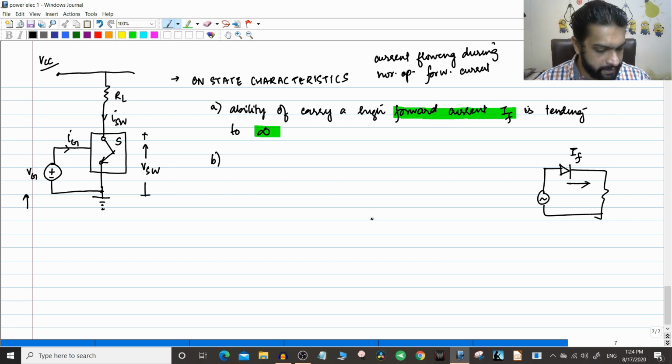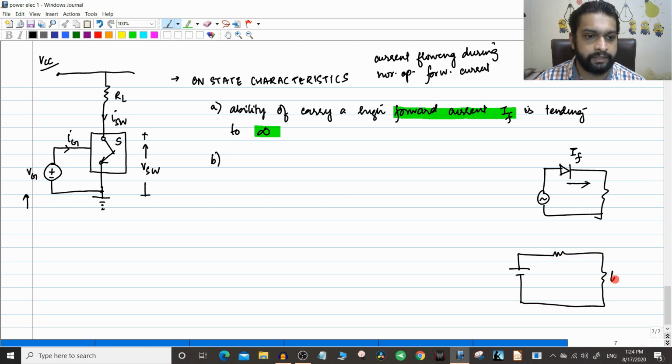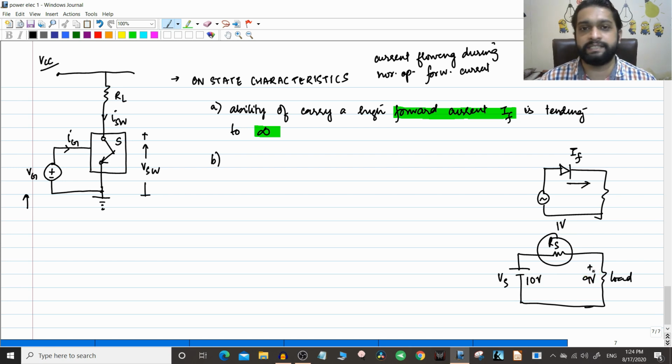Now the next point is that, whenever you are having resistance, if you take a simple resistive circuit here, for example, this is the load and this is the source resistance RS. When this voltage is getting applied to the load, some voltage is getting dropped across this RS. For example, if this is Vs, this is 10 volt and there is a 1 volt drop across here, so the load will actually be seeing 9 volt. This is basic engineering circuit analysis.